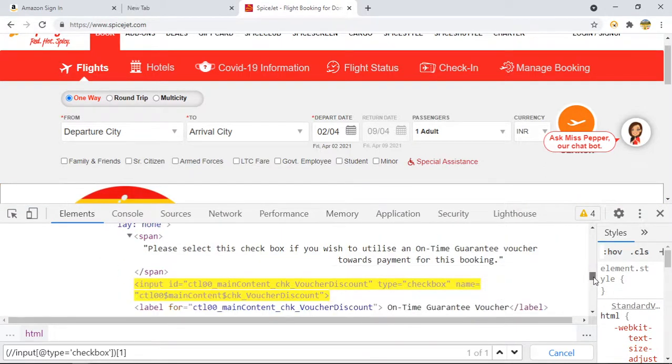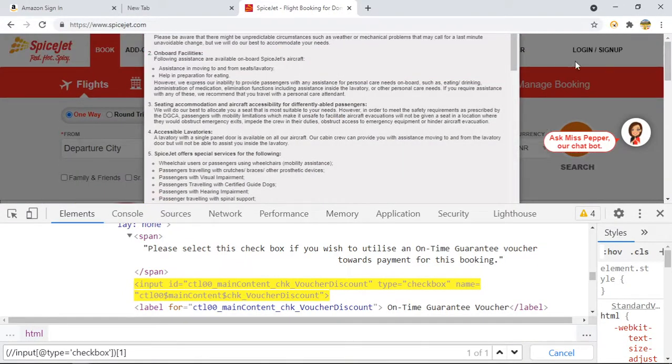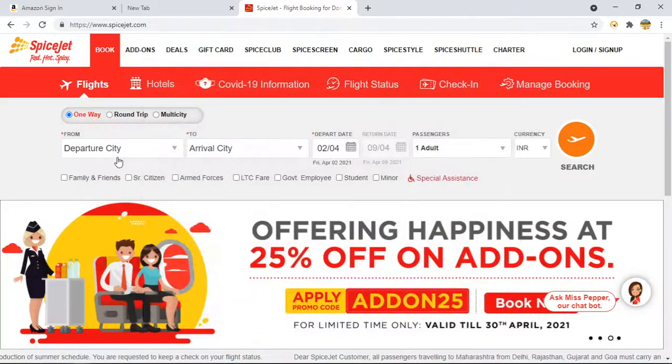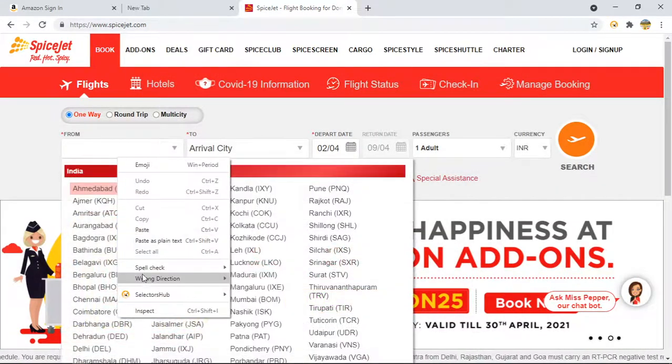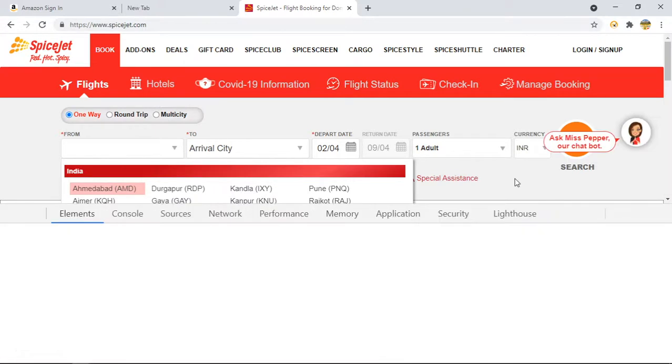So where can we get the voucher? Is anyone able to see?